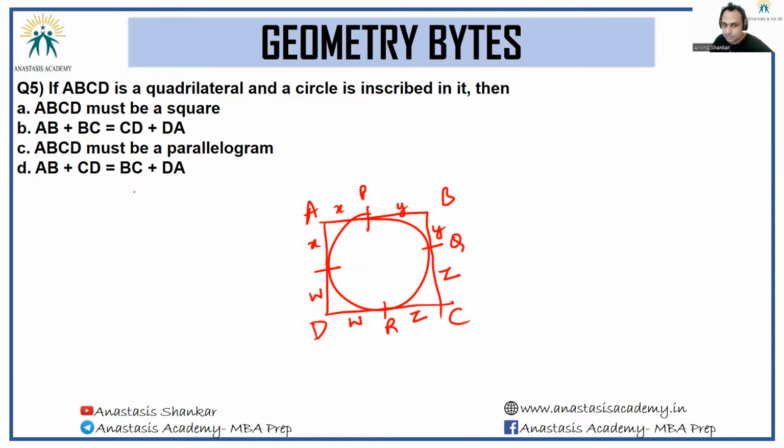So now the fourth option I'm directly jumping to. AB is X plus Y and CD is W plus Z. BC is Y plus Z and DA is X plus W, which is another way of saying that for any even-sided polygon, although it says a quadrilateral here, even if, let's say, it was a hexagon,